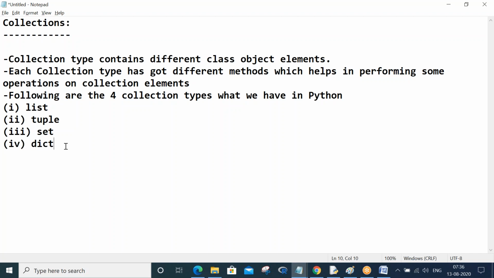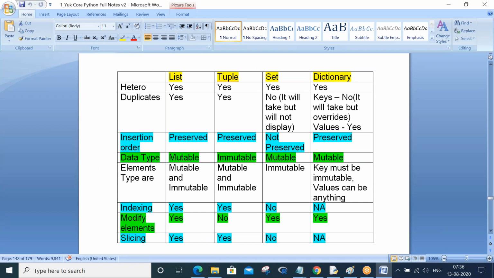So let me go ahead and show a diagram. I want you to take this diagram. This is a very important summary of our collections concept. Every cell here is one program. I have explained list, tuple, set and dictionary based on their features.